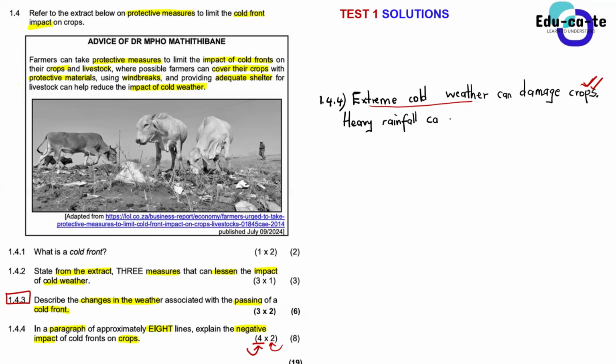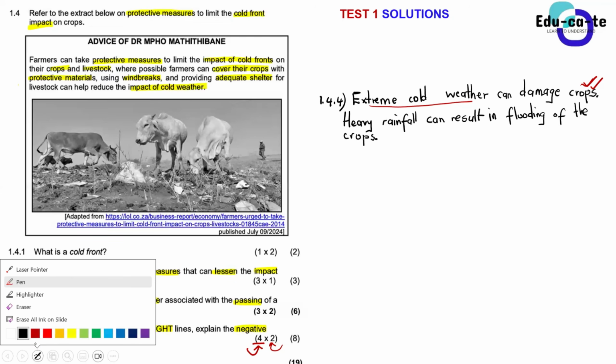So the cause is heavy rainfall. What is the effect of that heavy rainfall? It can result in the flooding of the crops. Yes, Sam.